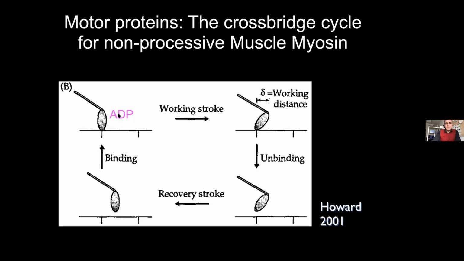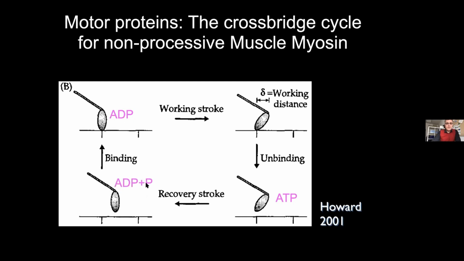When it releases this ATP, there is working or power stroke, so there is conformational change in this motor, and by this conformational change, this motor performs work. Then to unbind, the motor binds ATP, so now the motor detaches from the filament,